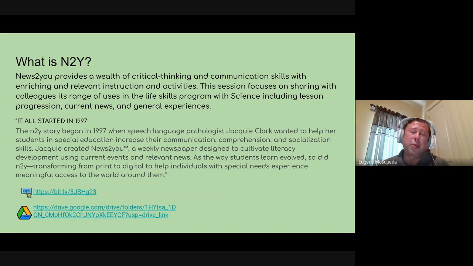News to You, I got the quote from the program, but it's basically a reading program for students with special needs or that have difficulty with reading, a lot of symbol use. And there's 5 pieces that they use.